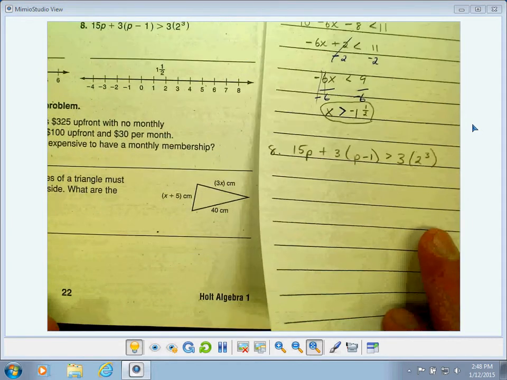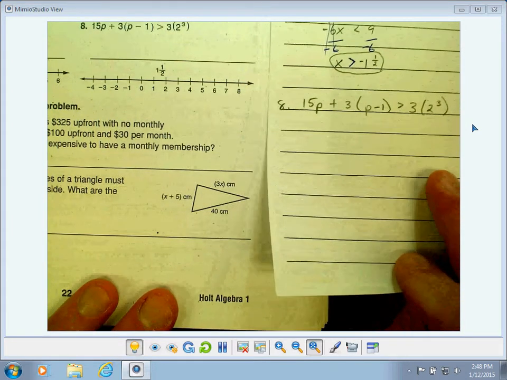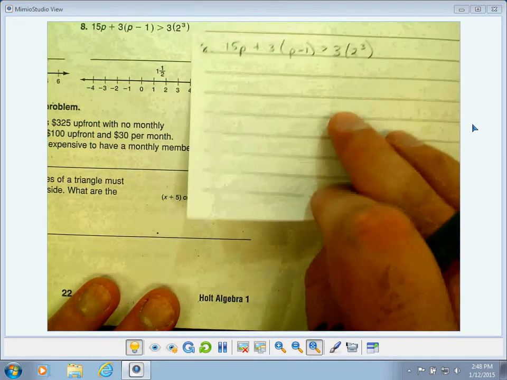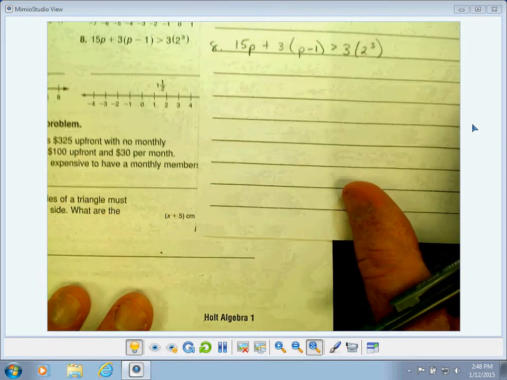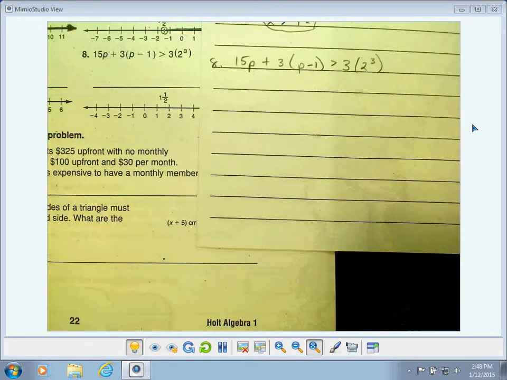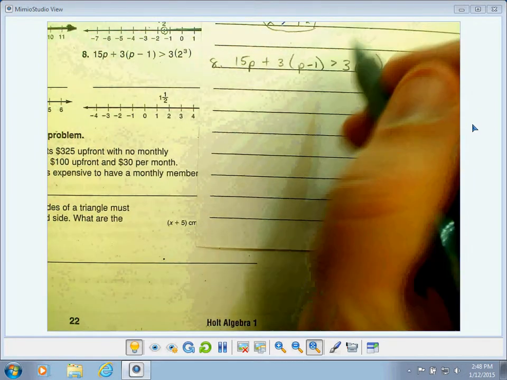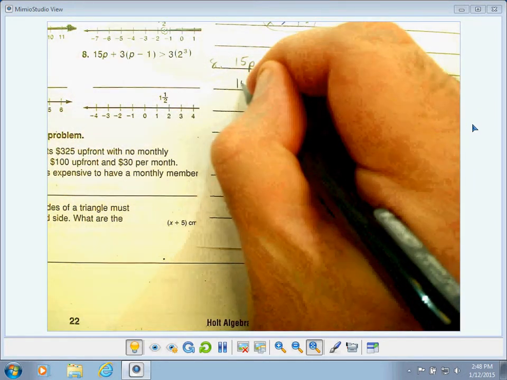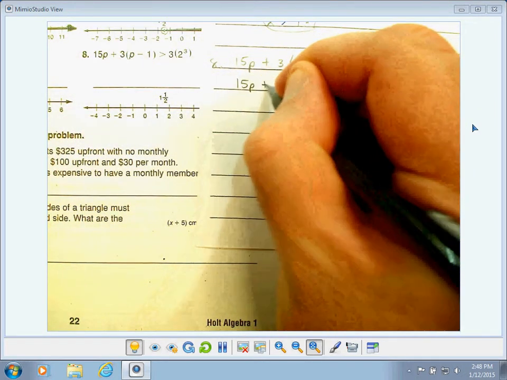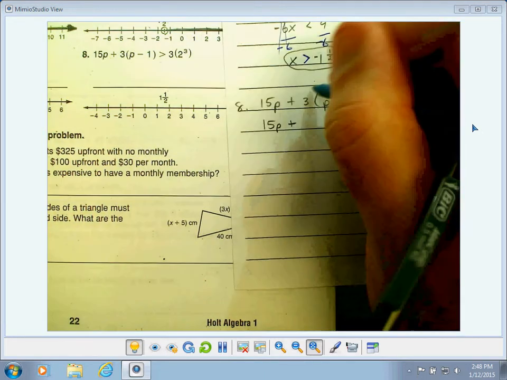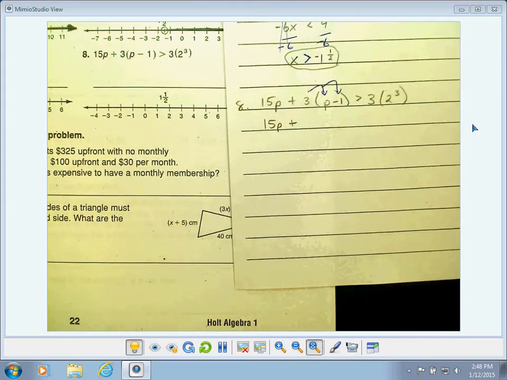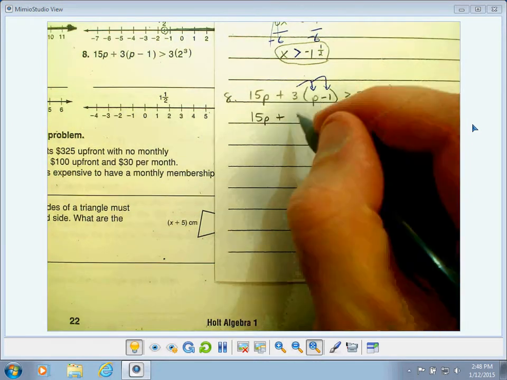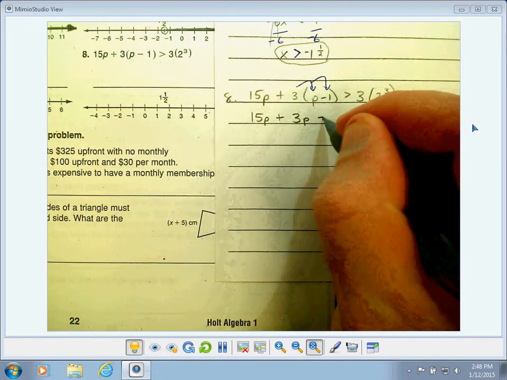Okay, last one of the standard problems that we have. Number 8. I see some distributing here, so I'm going to take care of that. 15p, 3 times it goes to p and to the negative 1. So I see 3p minus 3